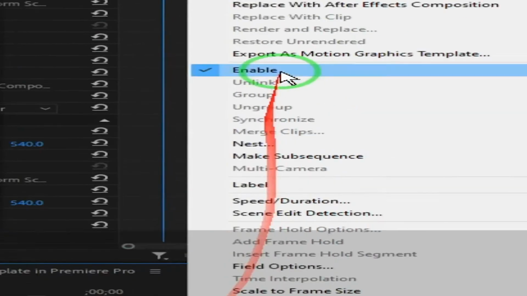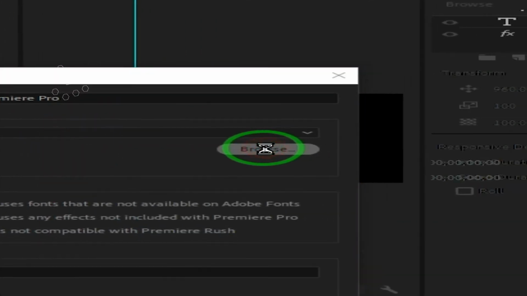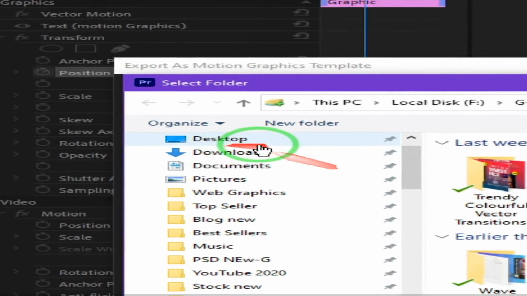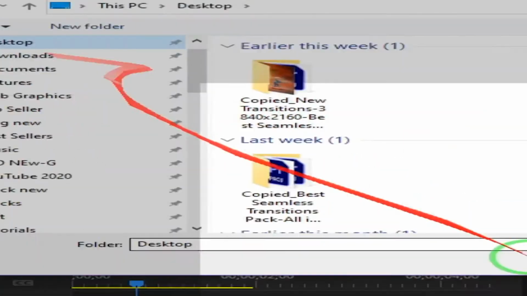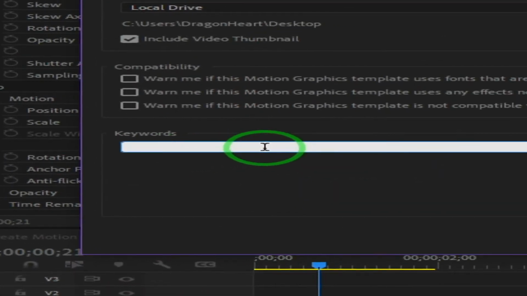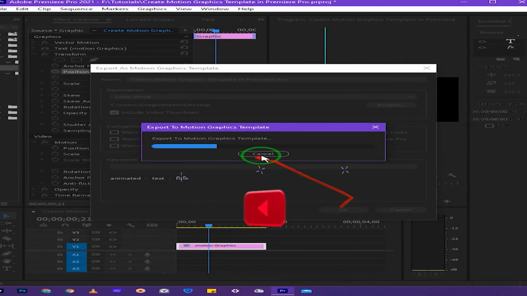Right click and then select Export as Motion Graphics Template and browse the location. Don't use the default location, choose a location where you can save it and access it. Let me save it on the desktop and choose Select Folder, and over here you can type some keywords so that you can easily find them, and thereafter you just press OK, and that's going to export